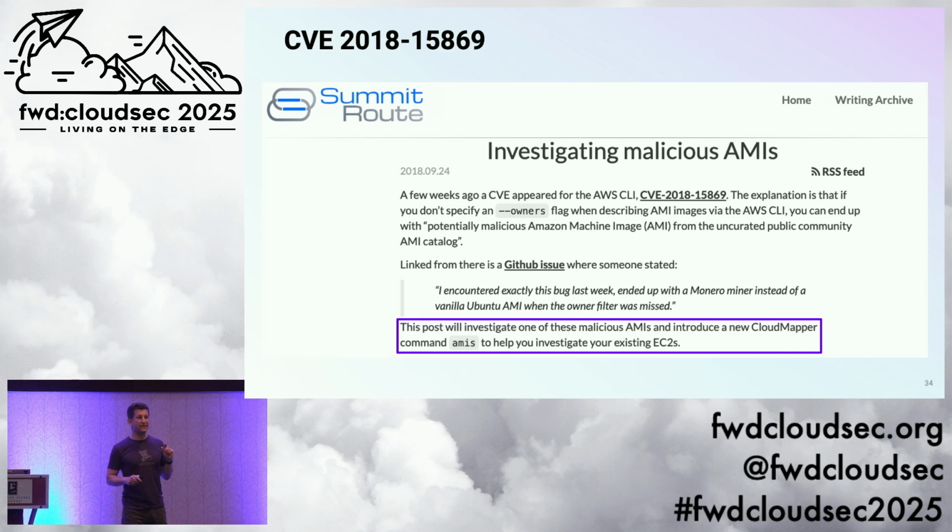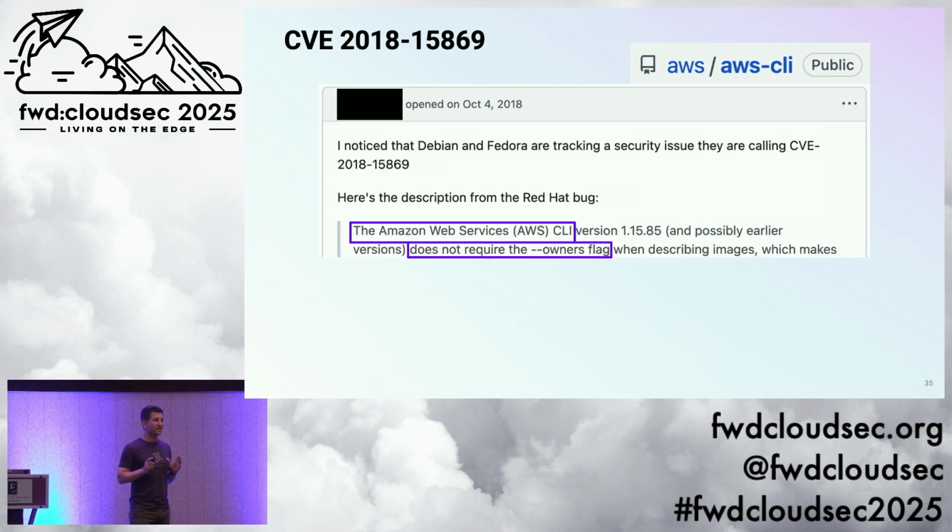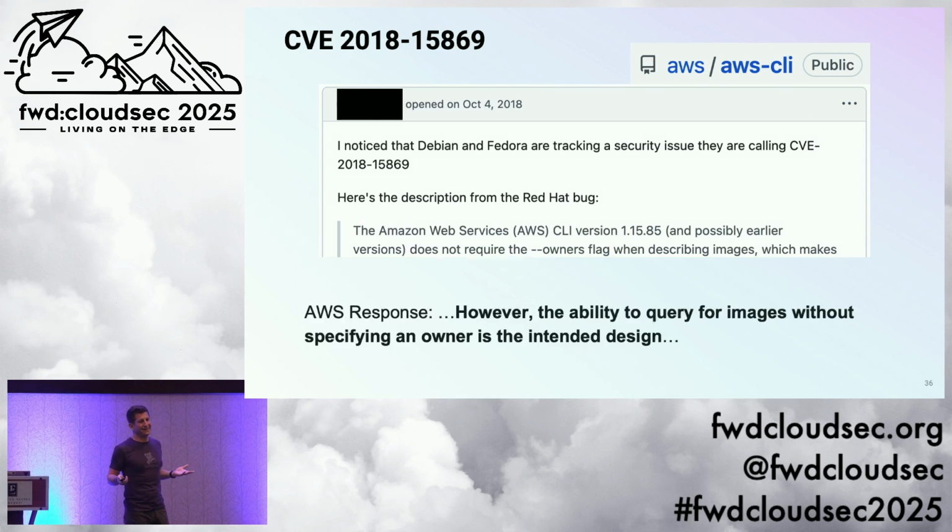So I've been talking about this CVE, but this story has lots of twists and turns. The CVE is not associated with Packer. The HashiCorp team created the CVE for the AWS CLI and got it granted by the authoring body, saying that the AWS CLI doesn't require owners, and it shouldn't. But AWS was like, listen, there's lots of reasons why somebody might want to do an EC2 describe images without owners. I've done that hundreds of times over the past year in this research. Right? I just want to list all the AMIs in the catalog.